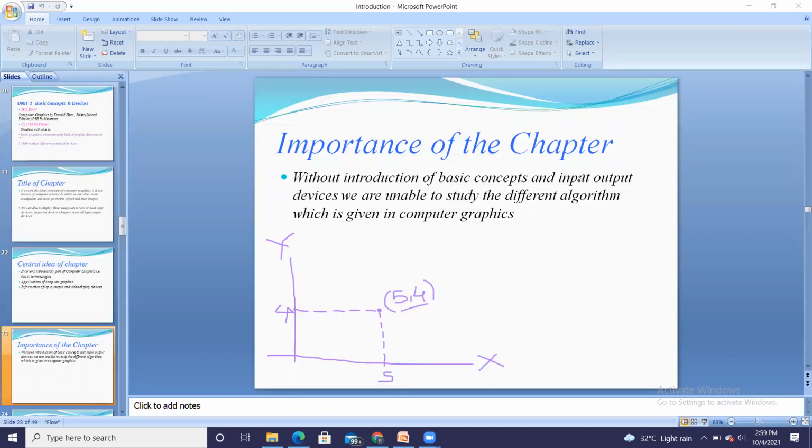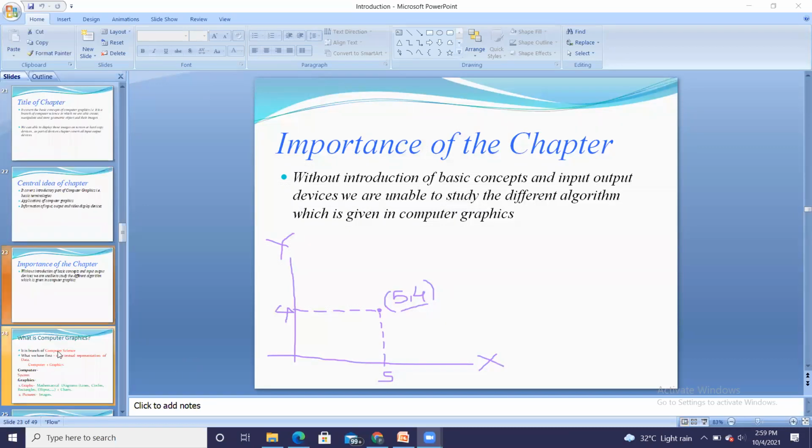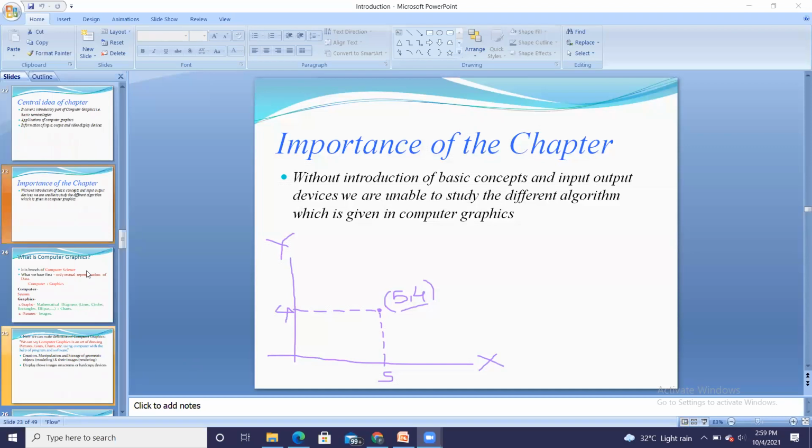The importance of this chapter is that unless and until you know all these basic things, you cannot go for the 2D and 3D images. You cannot go for the curves and all. So to start working with CG, we should know these basic terminologies. So that is the importance of the chapter. Next is,